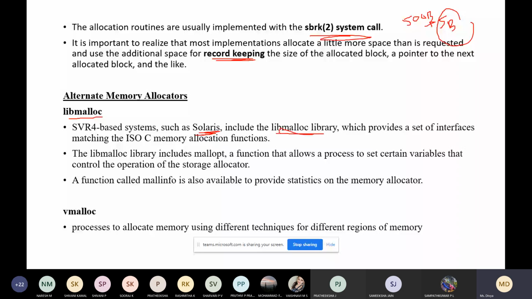What does it do? It provides a set of interfaces matching the ISO C memory allocation functions. It includes a function called mallopt, a function that allows the process to set certain variables that control the operation of storage allocators.